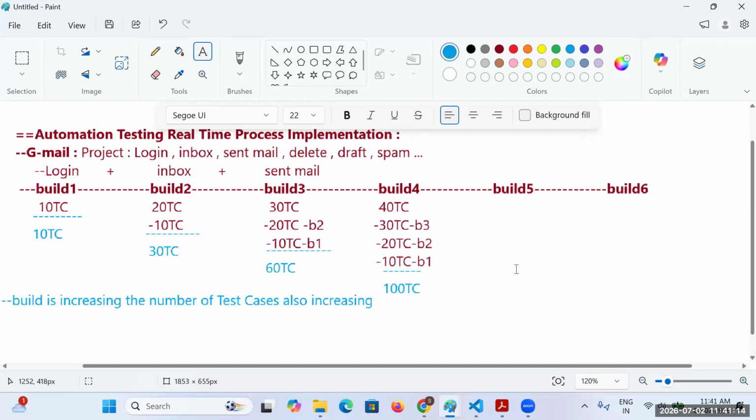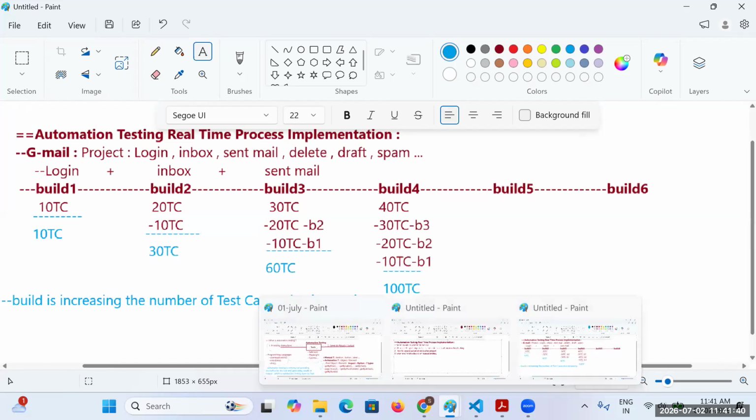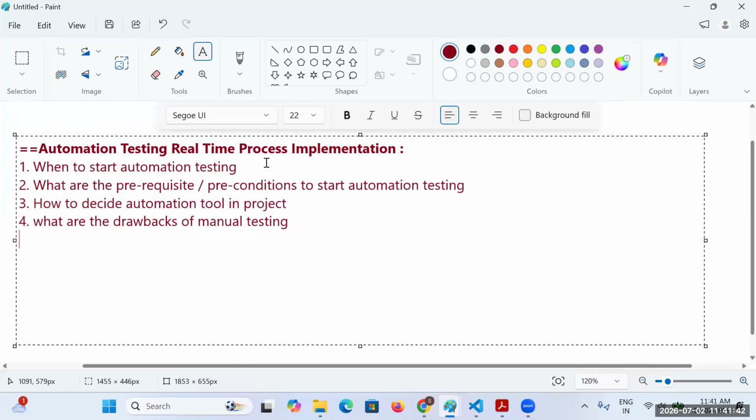You think about automation, but it's not like, yes, we have 100 test cases, let's start manual, or we have 500 test cases, let's start automation. It's not that because of more test cases you start manual or automation. Manual will always continue. But when you think about automation, it is in the regression phase,